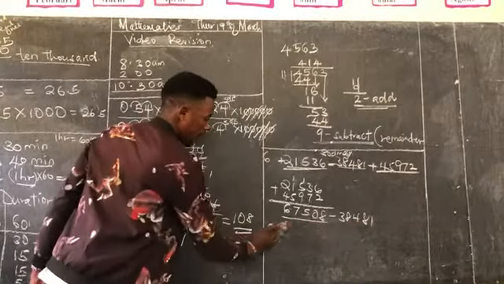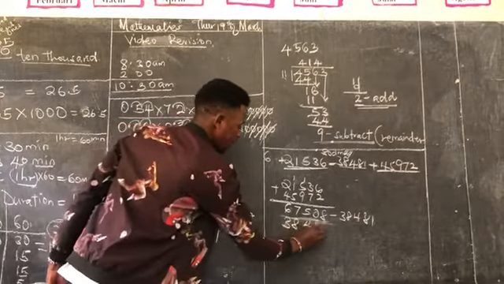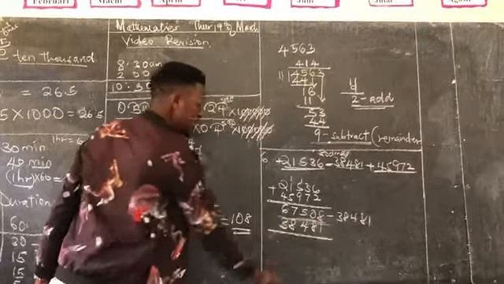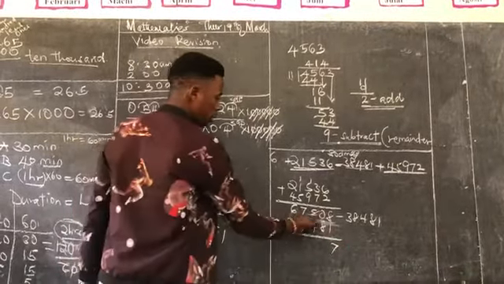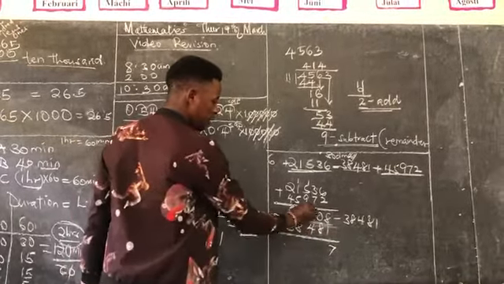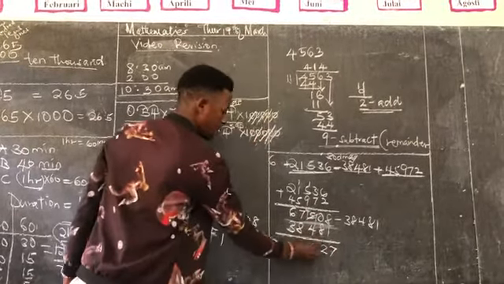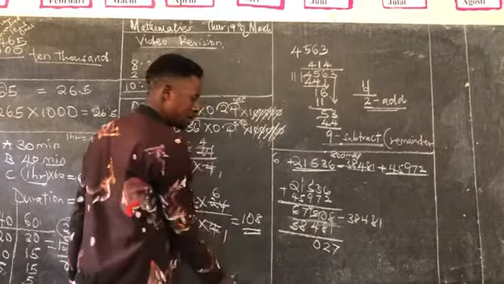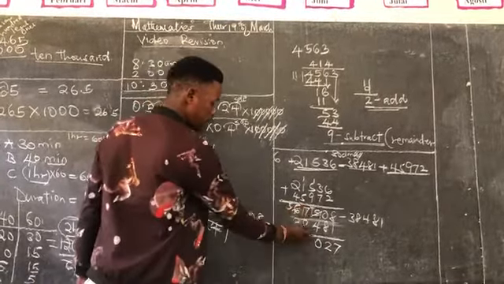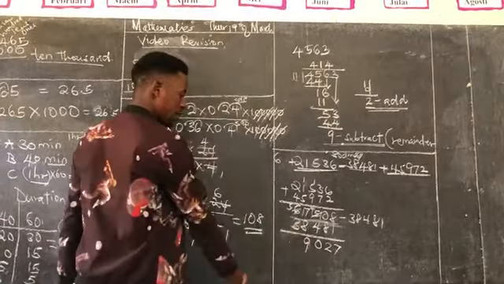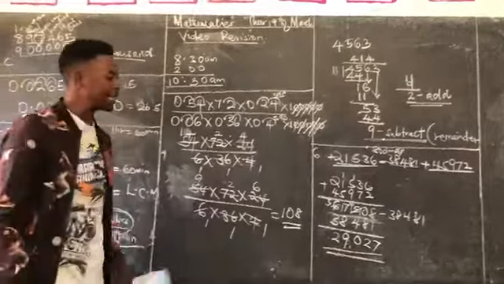38,481. So let's subtract that one. 8 minus 1, that is 7. 0 minus 8, impossible, so borrow 1 from 5 gives you 4. This is 10 minus 8, that is 2. 4 minus 4, 0. 7 minus 8, impossible. Borrow 1 from 6 gives you 5. 17 minus 8, that's 9. 5 minus 3, that is 2. So the answer was